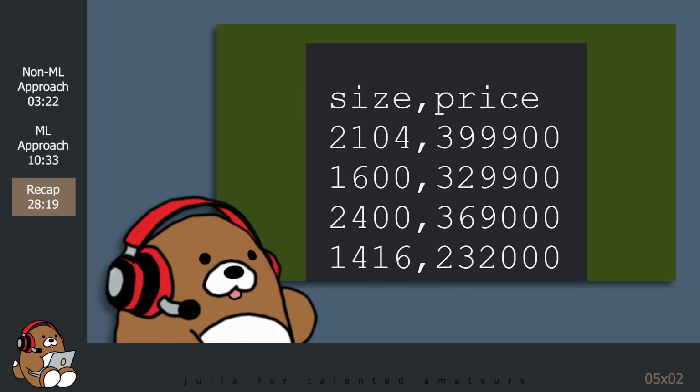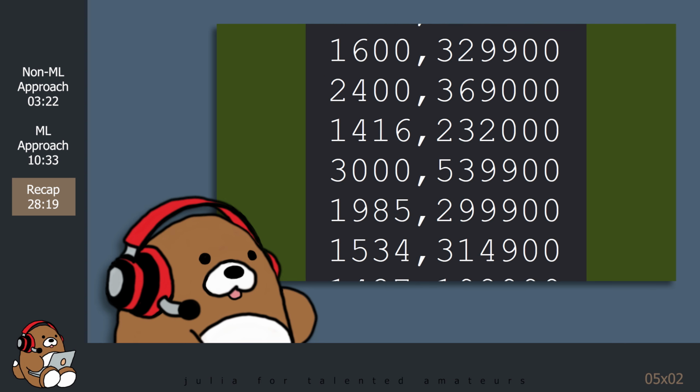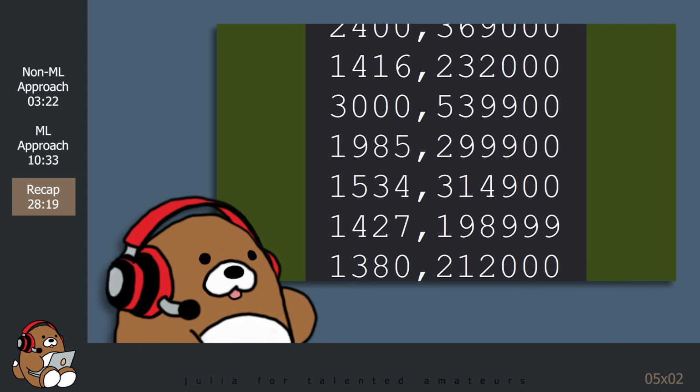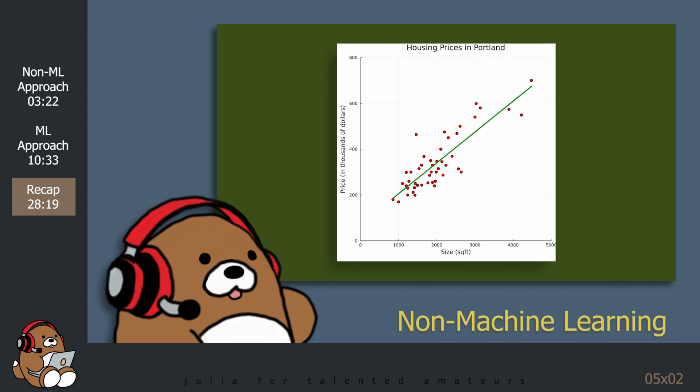As a motivating example, we examined a dataset showing the relationship between the size of the houses in square feet and the price of the houses. After a quick review of how to calculate a linear regression using a traditional, non-machine learning approach, we dove right in to create a supervised machine learning algorithm that allowed our computer to learn on its own how to derive an estimate for the linear regression line.